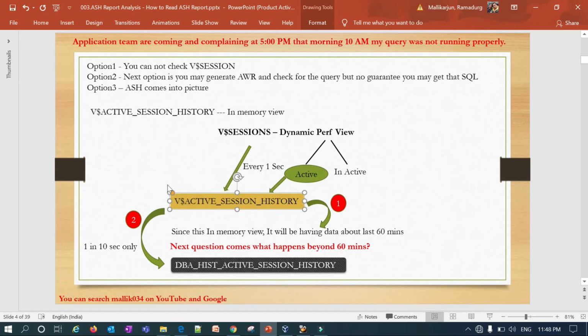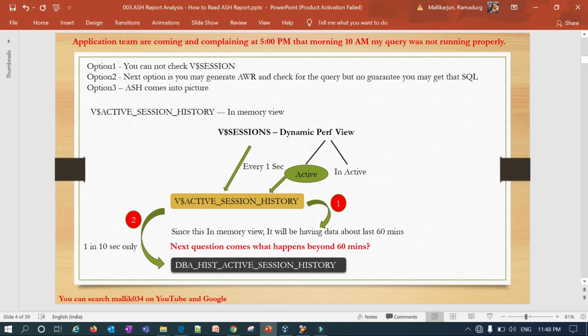So whatever data is in V$ACTIVE_SESSION_HISTORY, I am going to write into DBA_HIST_ACTIVE_SESS_HISTORY, 1 in 10 seconds. For every 10 seconds, I write whatever data is in active session history to DBA_HIST_ACTIVE_SESS_HISTORY. So only data for 1 hour you will get from active session history. If the data is older than 1 hour, you can find it in DBA_HIST_ACTIVE_SESS_HISTORY.